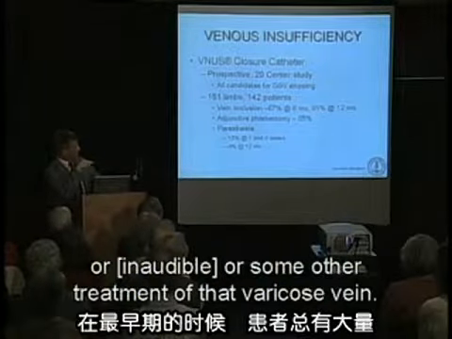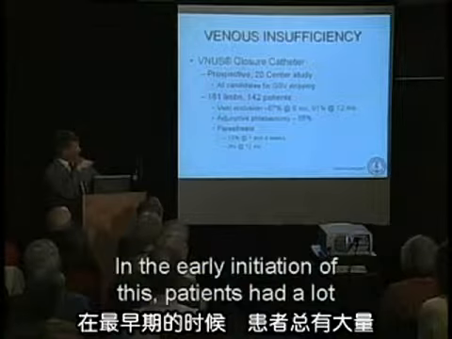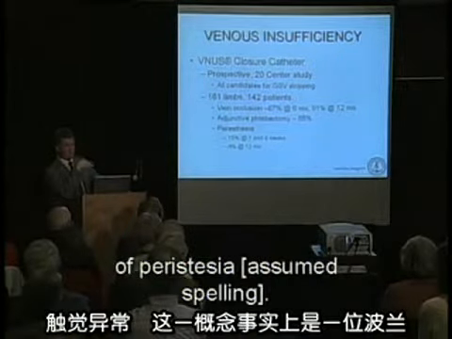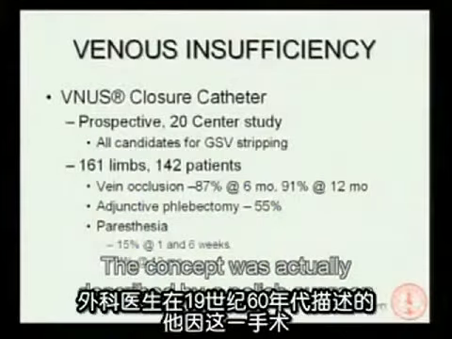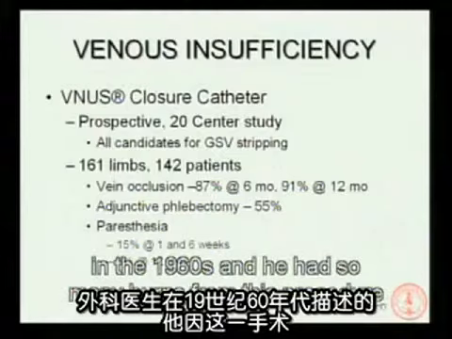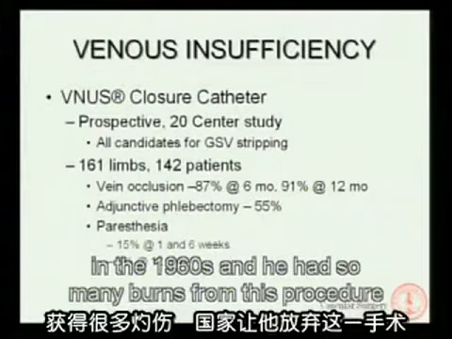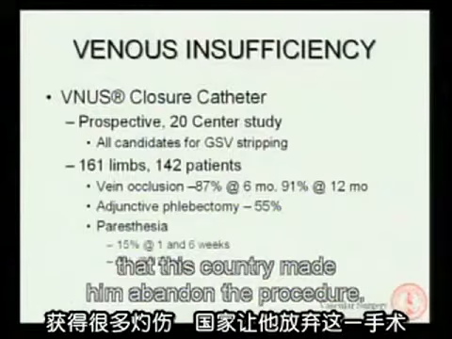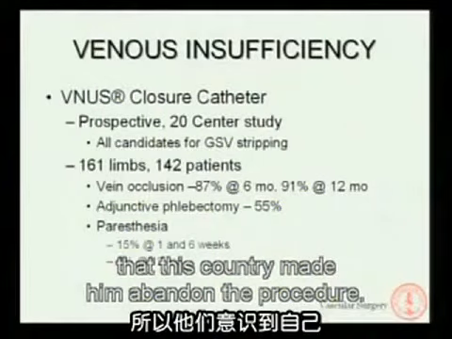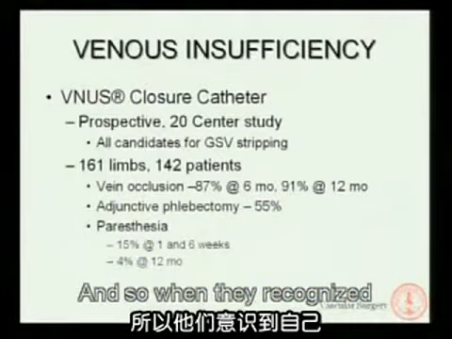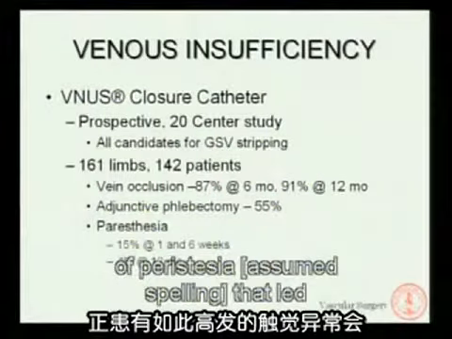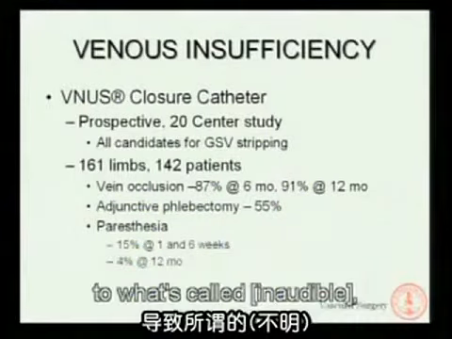In the early initiation of this, patients had a lot of paresthesia. The concept was actually described by a Polish surgeon in the 1960s, and he had so many burns from this procedure that the country made him abandon the procedure. And so when they recognized that they were getting this high incidence of paresthesia, that led to what's called tumescent